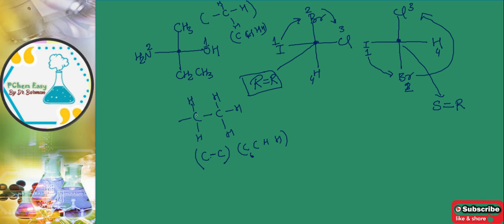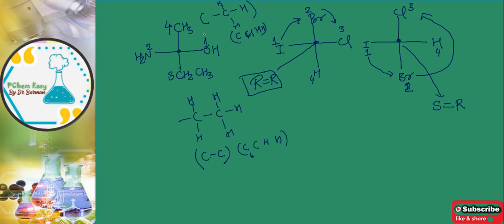These two are also present here. So we have to see the first point of difference. As we move next, here hydrogen and here carbon. So obviously it is bonded with the carbon, so this will get the priority. So now 1, 2, this will get 3, this will get 4.